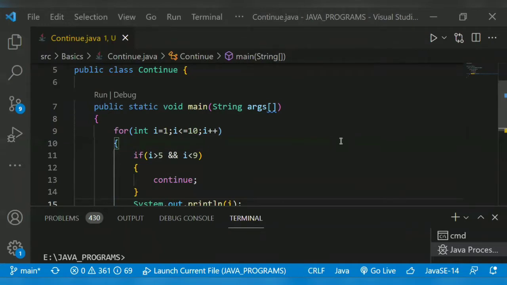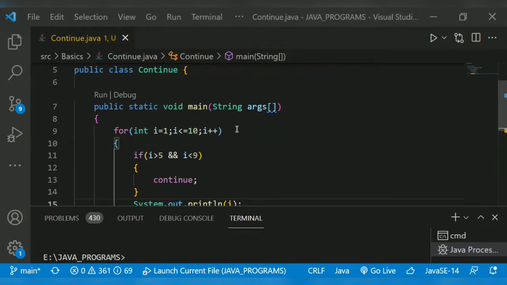The topic for today is the continue statement. The continue statement skips the current iteration of a loop. It means any loop: for, while, do-while. After the continue statement, the program moves to the end of the loop, the condition is evaluated and the update statement runs. If the condition is true, it skips to the next iteration. Otherwise, it terminates the loop. Shall we begin with our program?